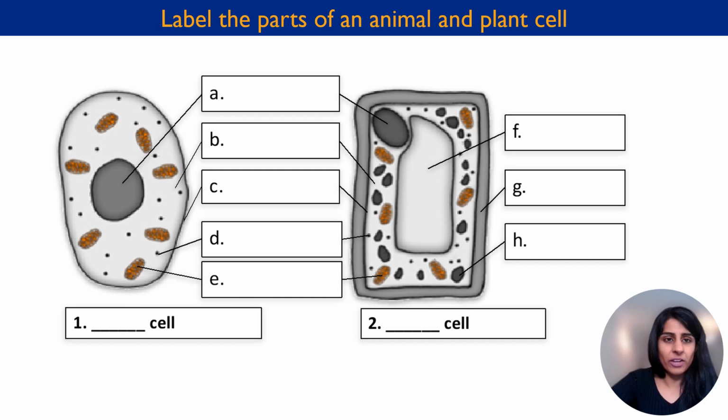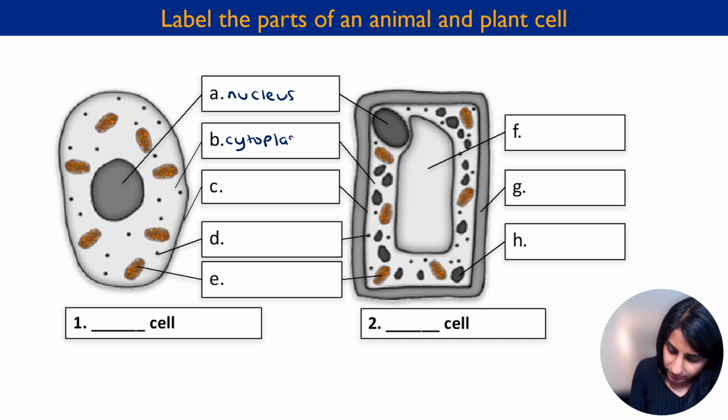So first of all, I would like you to label the parts of an animal and plant cell. Pause the video to give this a go, and then play once you're ready to go through the answers. So first of all here we have got the nucleus, then cytoplasm, cell membrane, ribosome, mitochondria,